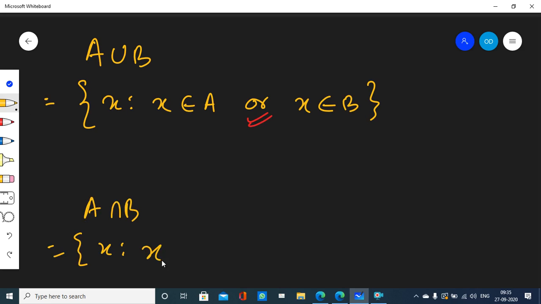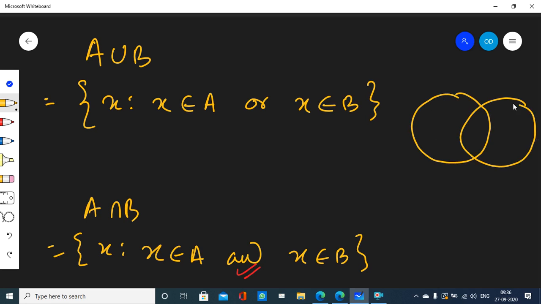in set builder form we write what? X such that X belongs to A and X belongs to B. Why do we use the word and here? And why do we use the word or here? Just because we like to use the word or, or is there something else? Well, there is a mathematical reason why we use the word or here. I have already explained this to you. What is the reason? You see for yourself, guys.